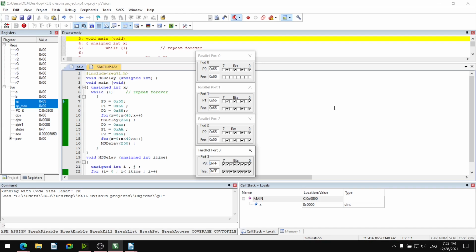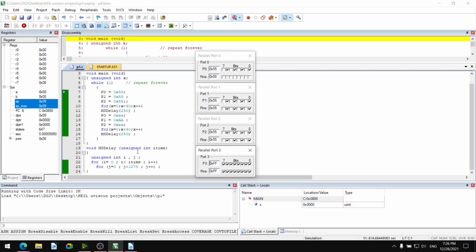Then void main void is there, its function block is written, and after completion of the main function's instruction block, the next function defined, ms delay, has its function details written. The function is void ms delay unsigned integer i time. I time is the time for the i loop. i less than i time, isn't it?